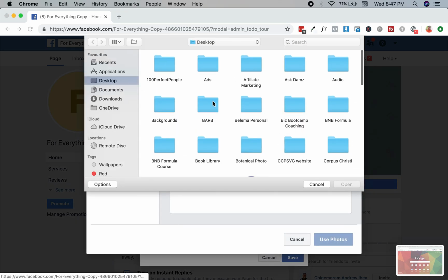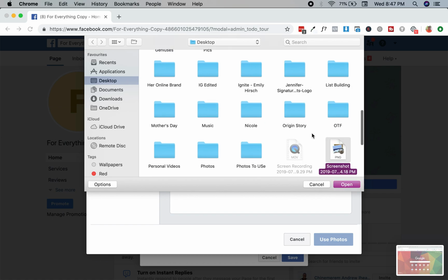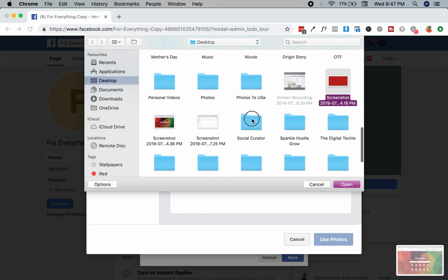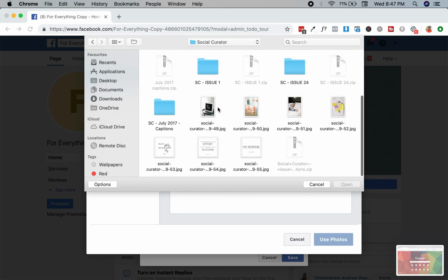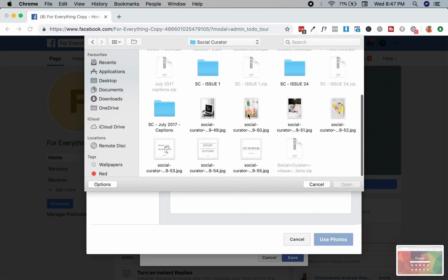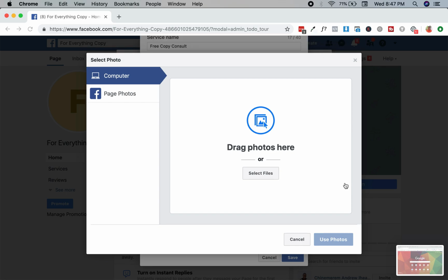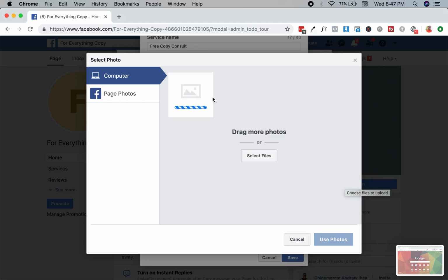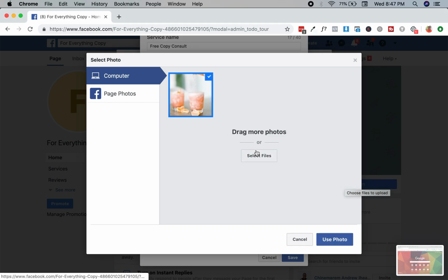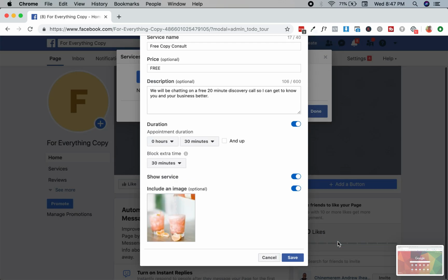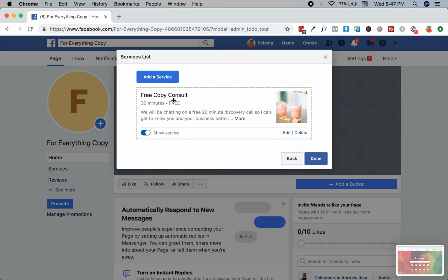So let me select a file from my computer. I have, where is it? So I can find, this is a good photo. Here we go, uploading. There we go. I'm going to use this photo because it's going to be a calm discussion that we're going to have. Now that we have done this, we hit save, and now we have this free copy consult, and